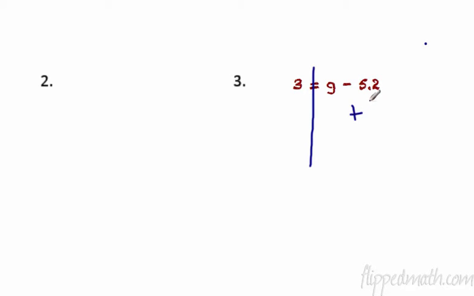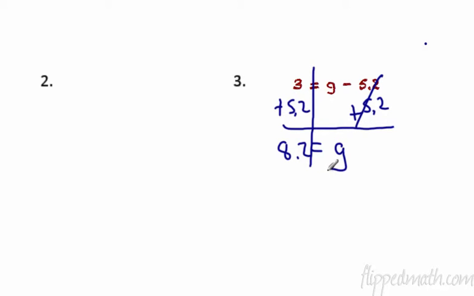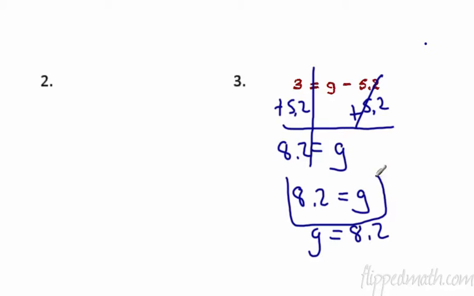So we're going to add 5.2 to each side, plus 5.2. They cancel out. We get 3 plus 5.2. That is 8.2 equal to. They canceled, and we have a G. So we get 8.2 equals G, which is the same as writing G equals 8.2. You know, either one of these are fine. You don't have to rewrite it, but you can if you want to, because I know some students like it